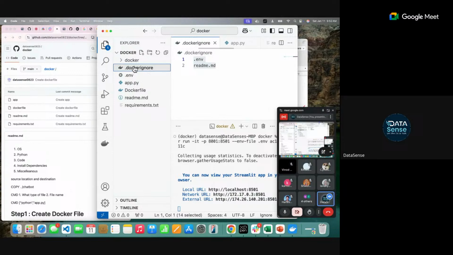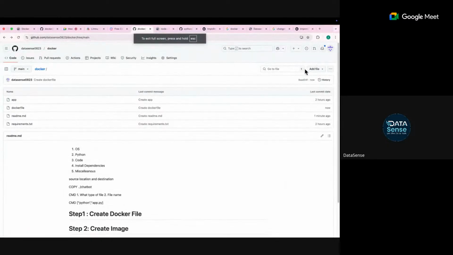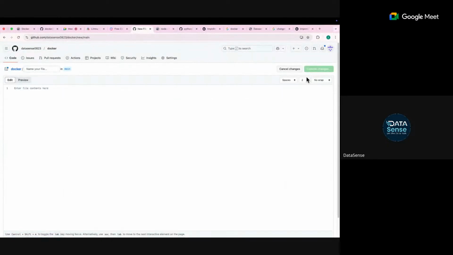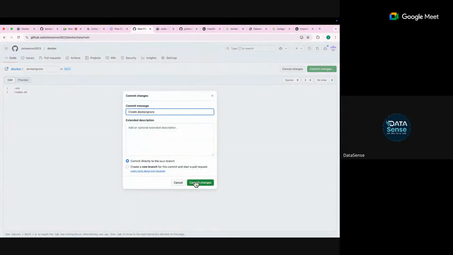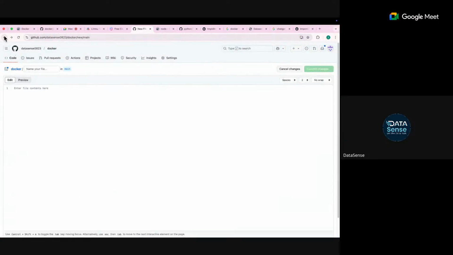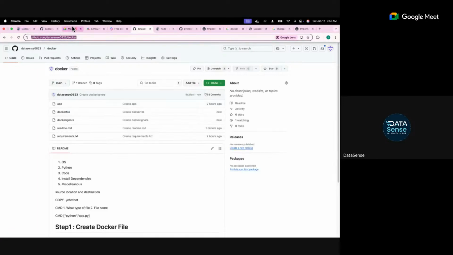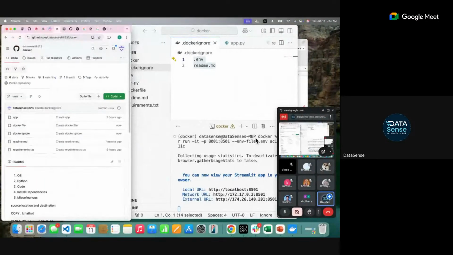I think you can also create a Docker ignore file. This is the code which is present. I have shared code in the main section, and I'm sharing it once again. It will be present in the YouTube live video description as well, so you can access it from there.